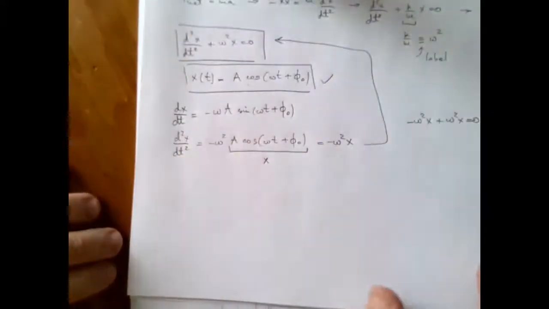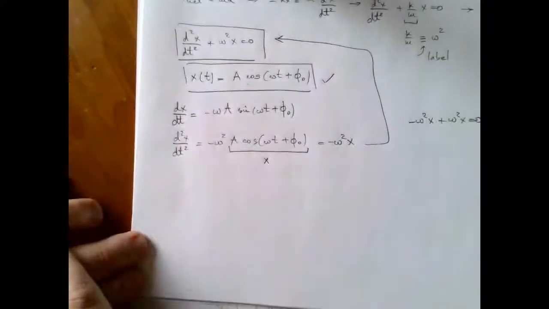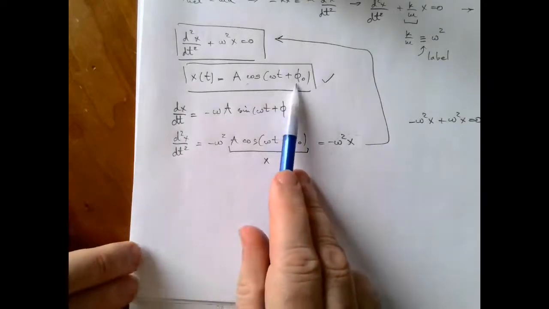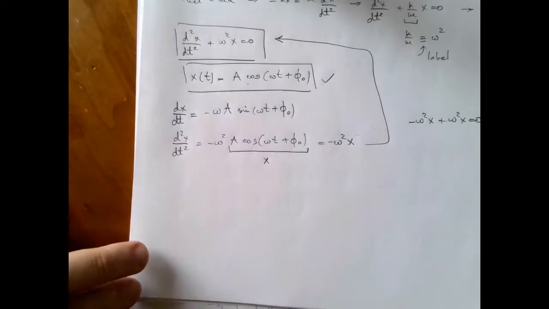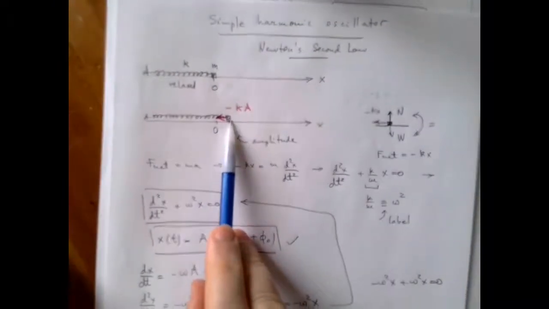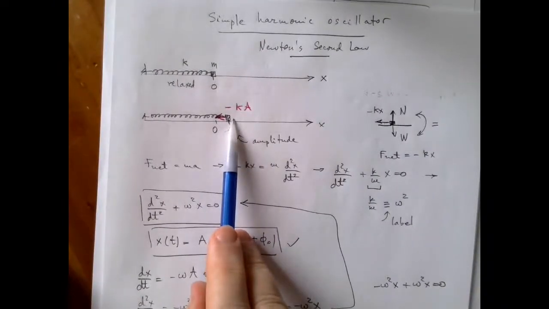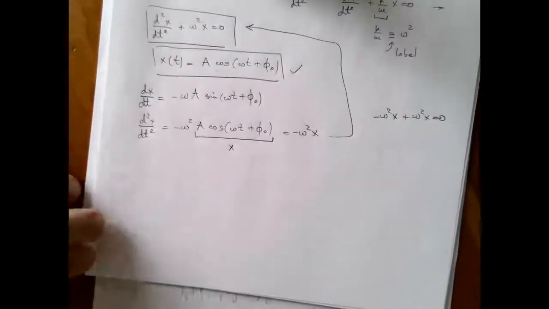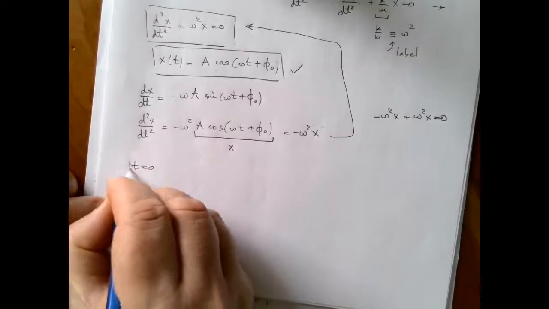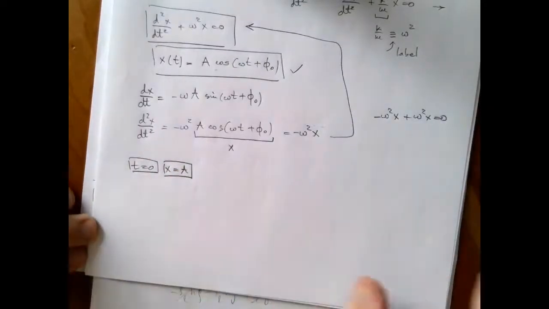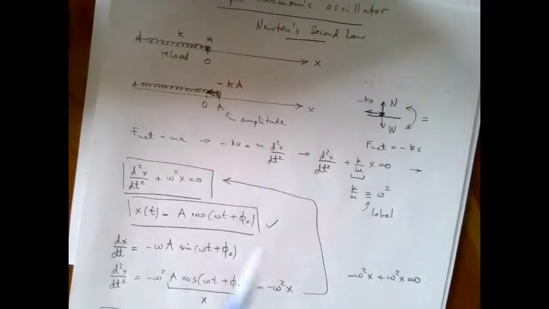What does phi naught represent? It represents a phase constant, and that depends on the initial conditions. By initial conditions I mean, where was the object when I started the clock? If I start the clock when the object is at x equal to A, as depicted in this picture here,